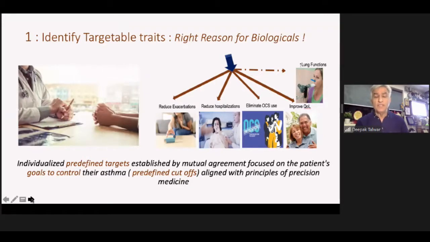Improving quality of life, it is very difficult to put a number to that. So mostly it is the patient who puts it in a way that he's about 80% better, or it's a global assessment by the patient and the physician together. Lung function improvement is in fact least in the minds of the patient, but most in the minds of the doctors and the treating physician. And you need to see how much lung function can be improved. 200 ml, 300 ml improvement in FEV1, or sometimes even much more than that, can be achieved in a patient. But you will put a minimum number to look forward to once you start the patient on biologics and monitor them for the improvement.